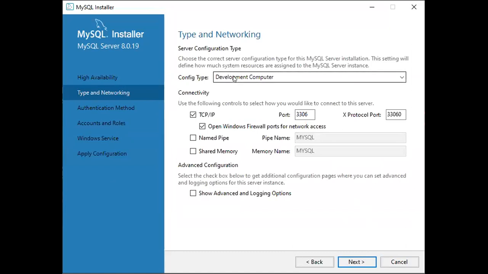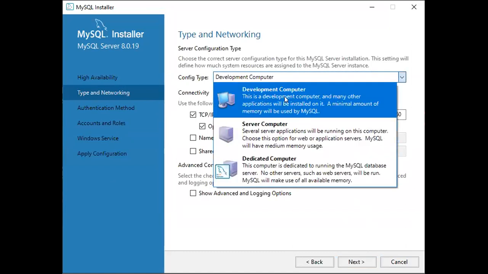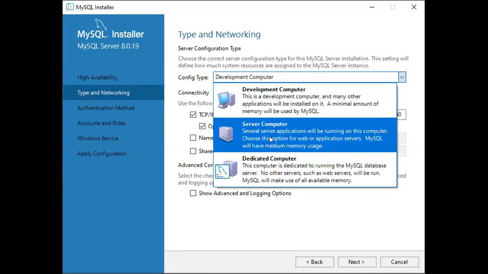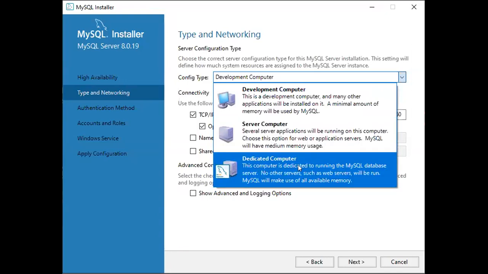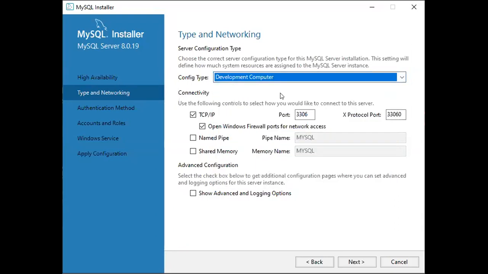Like whether you want it for a development computer. Development computer means if the developer is using MySQL. See, like we are practicing now, we are developing some application now. So in the same computer, we'll have the database. We'll have our own programming language tools, right? So that is the development option. And server computer means if I want to install it on a separate computer and communicate with that particular computer whenever I want to use the database service. So that is server configuration, a dedicated computer, right? So this is for when the database is separate, and web development or application development is separate. So now I'm going with development computer.